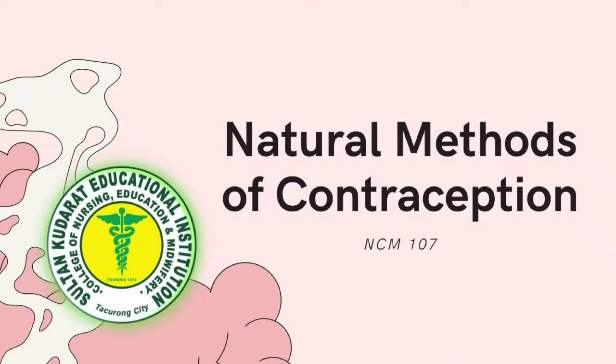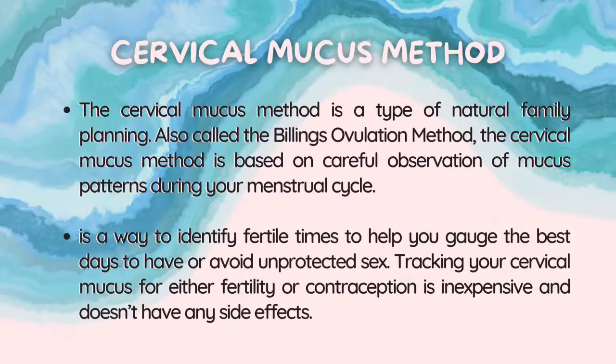Natural methods of contraception. The cervical mucus method. The cervical mucus method is a type of natural family planning, also called the Billings ovulation method. It is based on careful observation of mucus pattern during your menstrual cycle. It is a way to identify fertile times to help you gauge the best days to have or